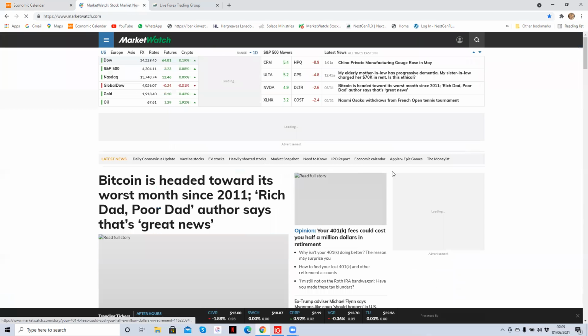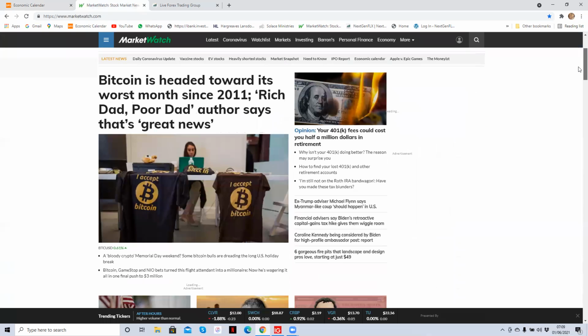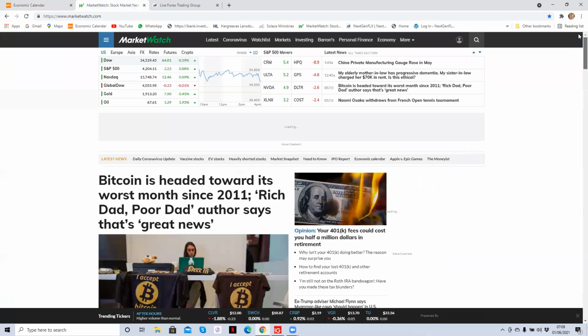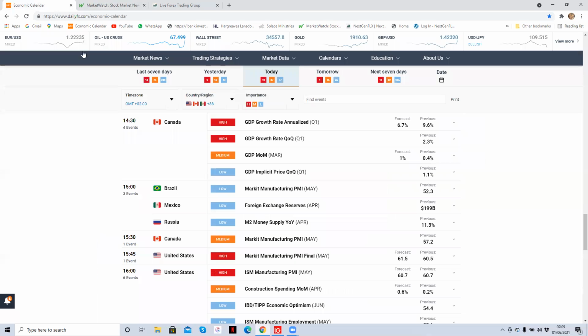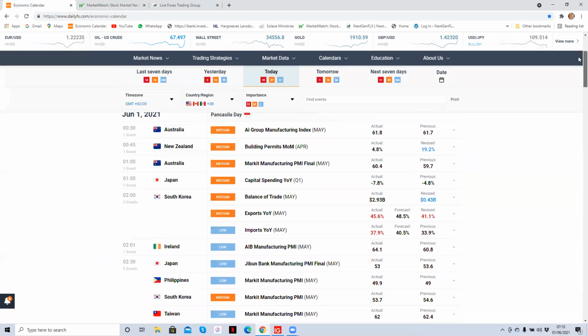So looking at Market Watch, again, you want to check to see if there are any reports, any financial news that could affect the global markets, anything that could create uncertainty in the markets. There's really nothing major causing uncertainty in relation to the currency market. Of course, there's a lot happening in the stock market, but nothing crazy that could affect the currency market. So going back to the economic calendar, again, you want to check the rest of the week to see if there's anything coming up that could impact your trading today.